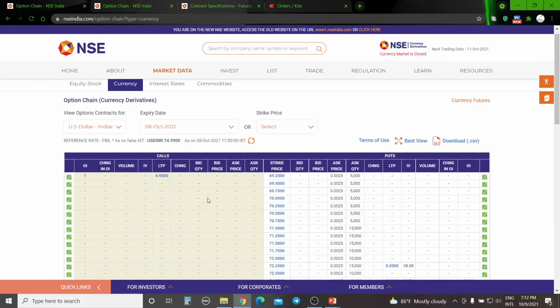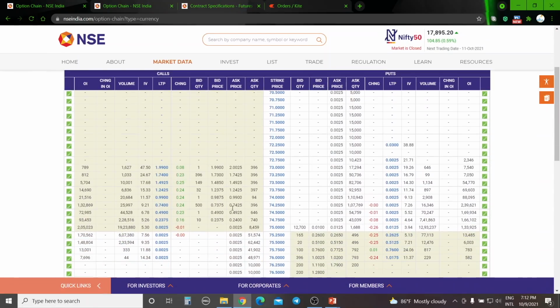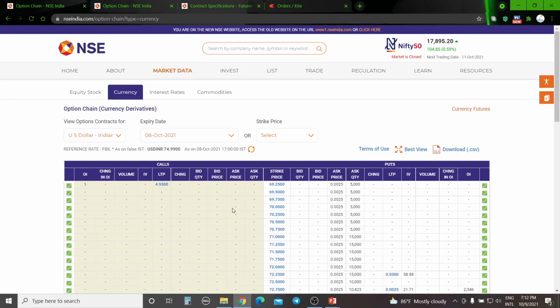Okay, so the option chain is similar to what we are seeing in the equity derivatives. If you go to the equity derivatives, you will find contract expiry and then calls and puts and all this stuff. I'll give you the major difference in the currency derivative segment's option chain. The first thing you can see is the option contract for what you are seeing, US dollar Indian rupee. Here it is always on the pair. You cannot trade an option contract in the US dollar because US dollar does not have an option contract. The contract is always for the pairs.